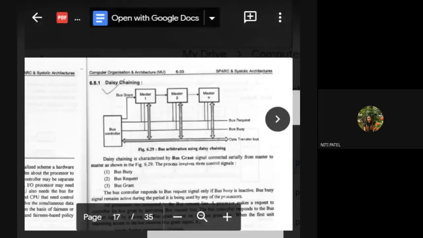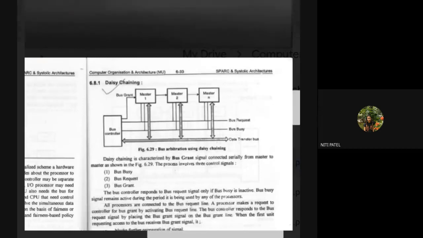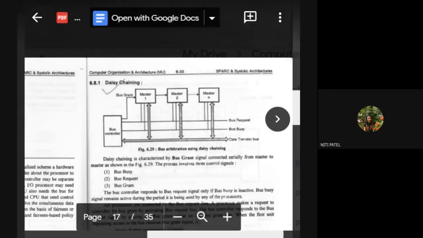Okay, so whichever device is using the bus, that particular device will be considered the master. So if the bus is now given to master 1, or computer 1, it will be called master 1. But if the bus is given to computer 2, then 1 and 3 will not be called master. Your master device will be only the device which has the bus control. Okay, is this understood? Yes, ma'am.